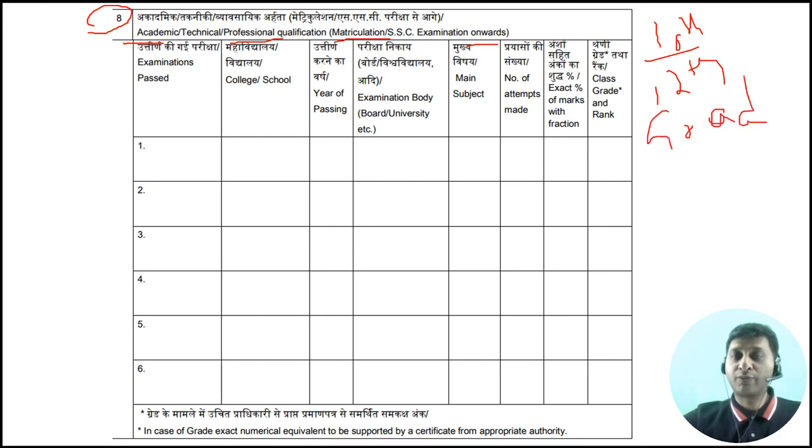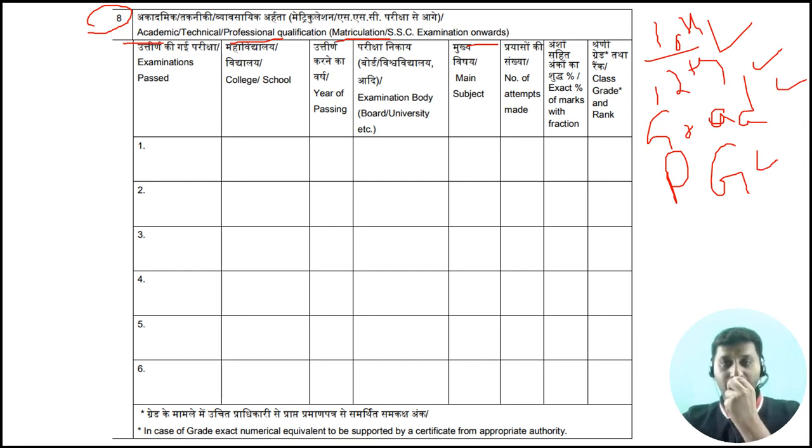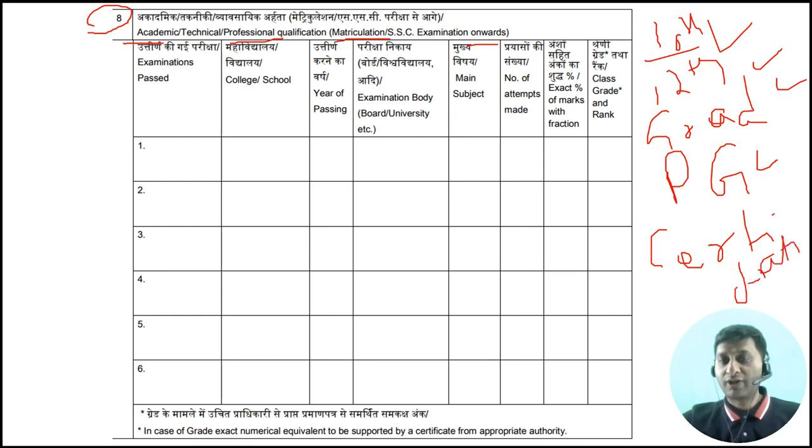Many people start with graduation or post graduation. No, write in this order only: 10th, 12th, graduation, post graduation, and after that if you have any certification courses which are, say, 6 months or 1 year long, that also you can write. Say you have done CFA, that you can write, or any other professional qualification which is a bit longer, not like a 15-day or 30-day course. So here you will write, say, first 10th,